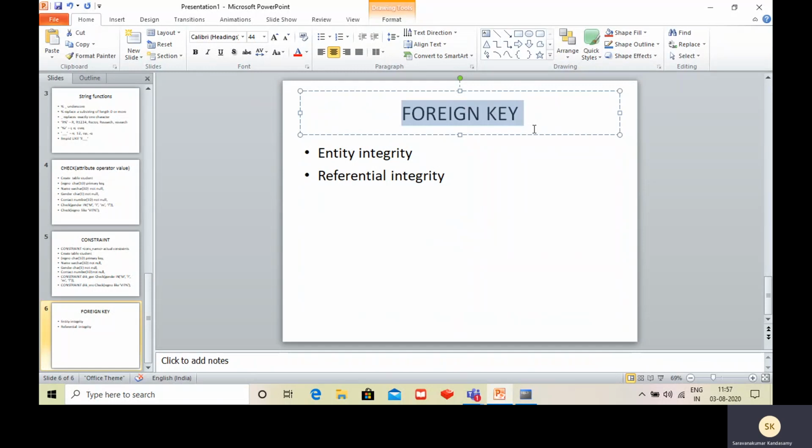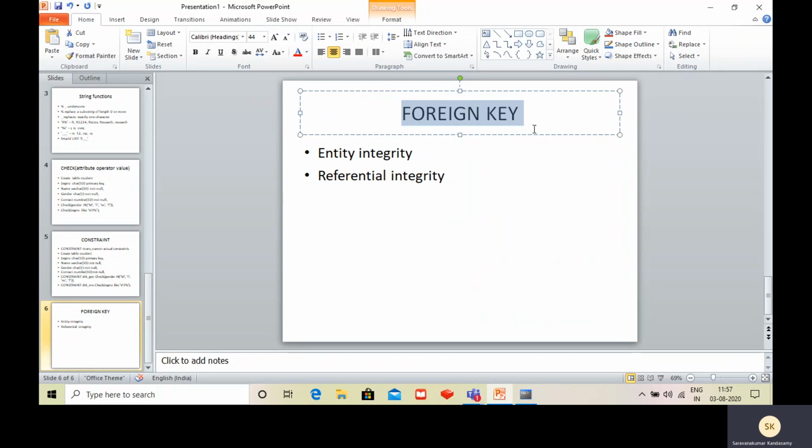It refers to the value from a different table. So in our example, the student register number in the student table is a primary key. Student register number in the course registration table is a foreign key, because when I designate a student register number in the registration table as a foreign key, whenever we try to insert some records into the registration table, it immediately checks the value against the student table, right?